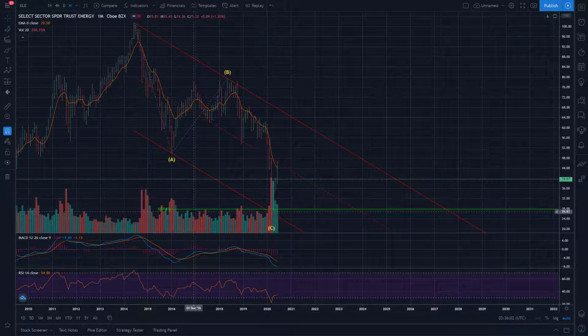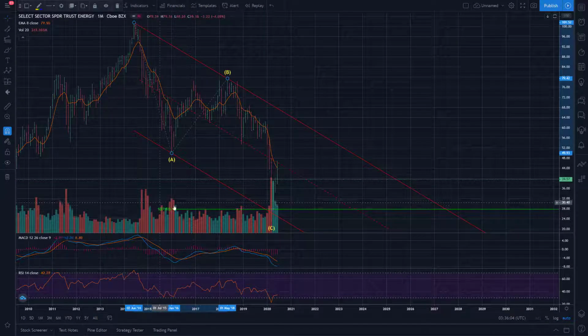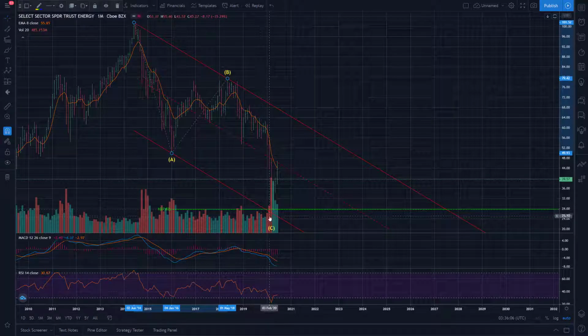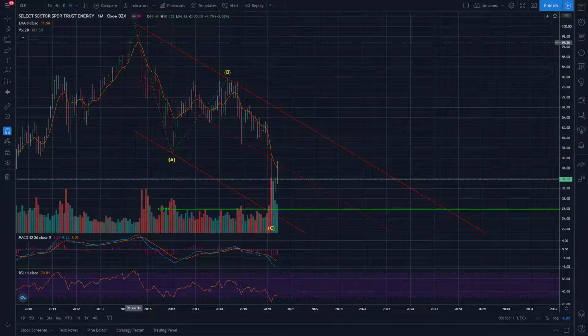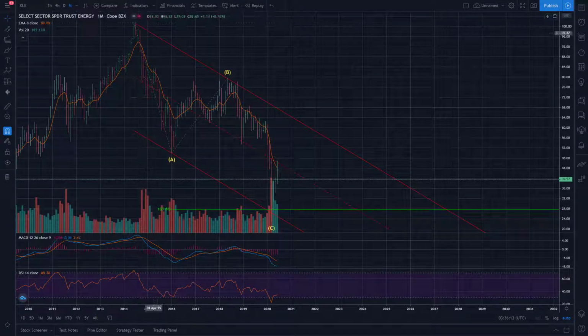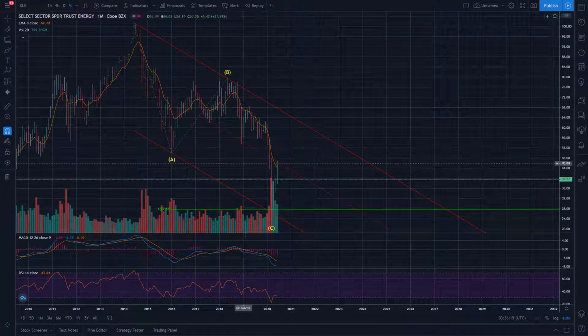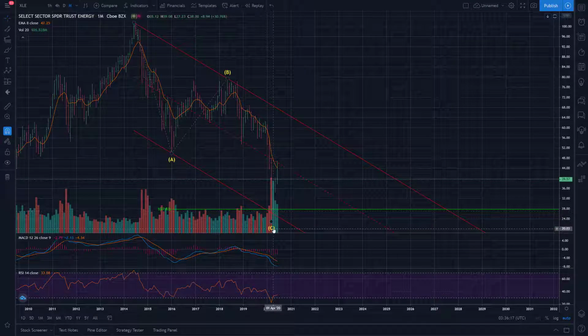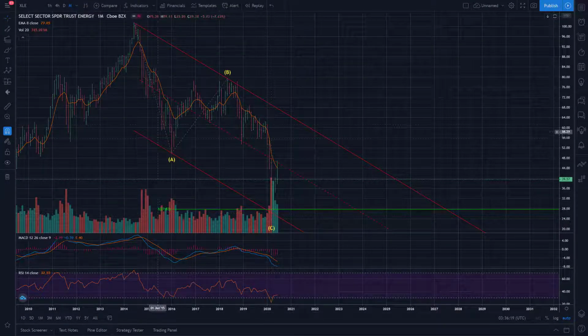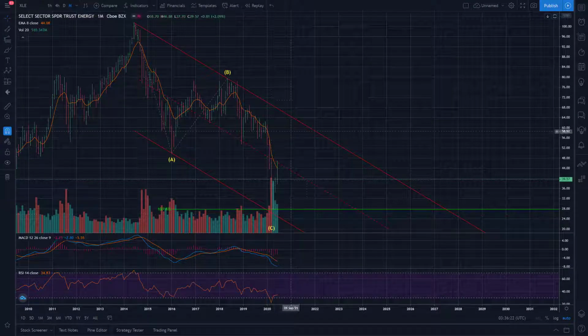And I've just got the AC equality relationship illustrated here. That came into play at 27.83. Of course, it spiked a little lower than that, went down to 22.88. But you can see on this monthly time frame, I got this corrective price channel drawn, and we largely just spiked down briefly below the bottom trend line of the price channel, and now we're reacting strongly off